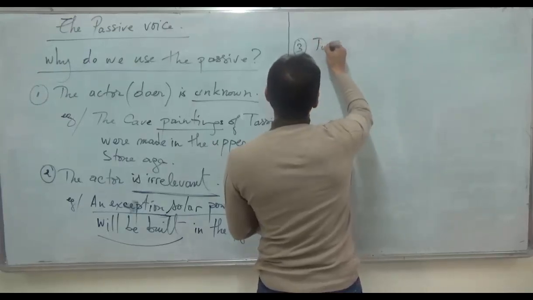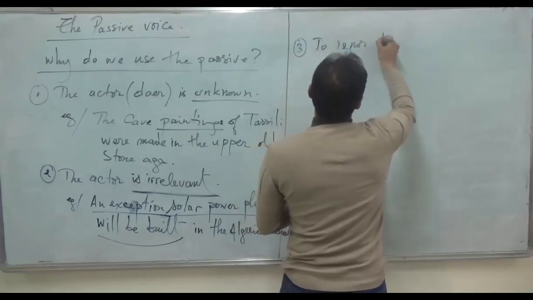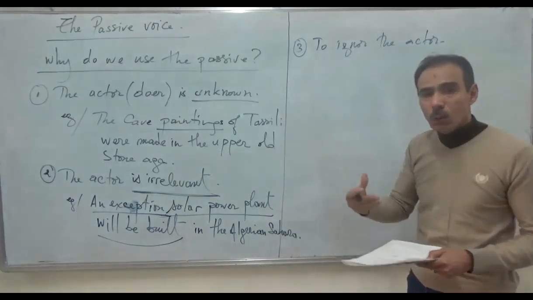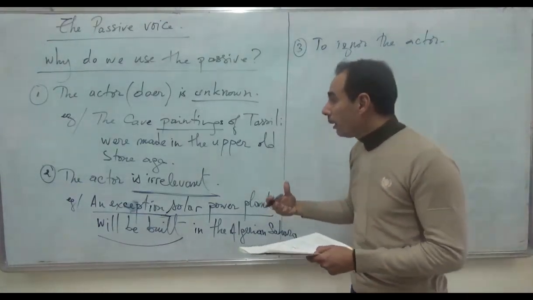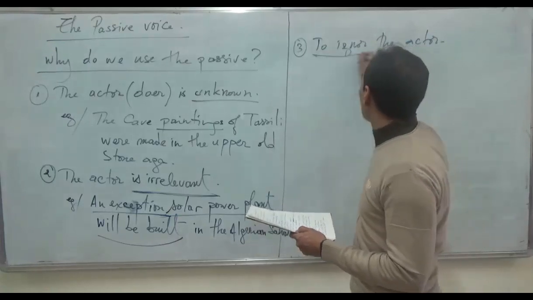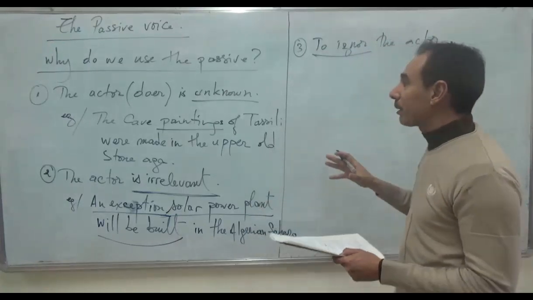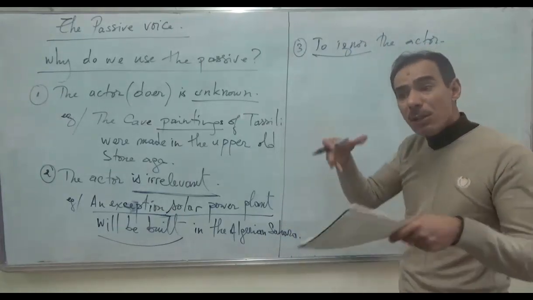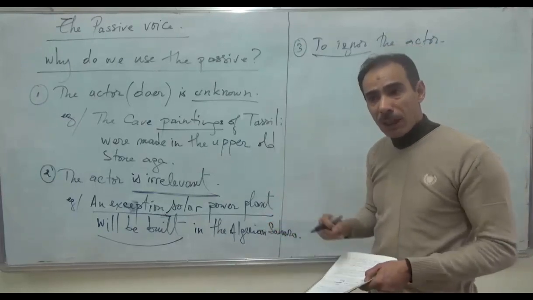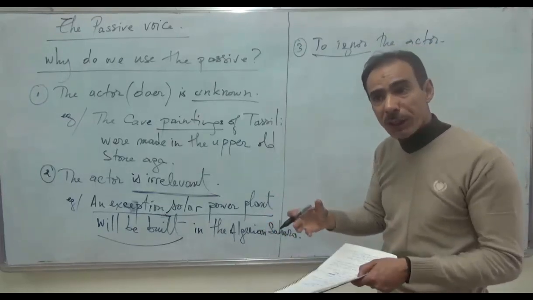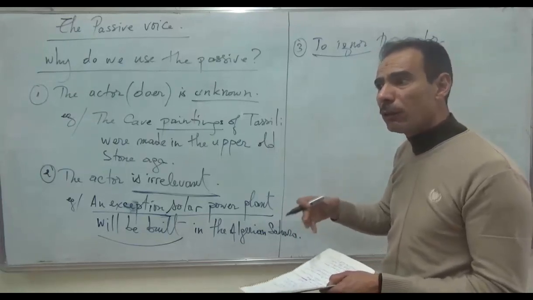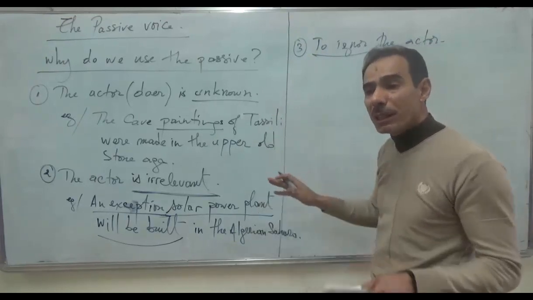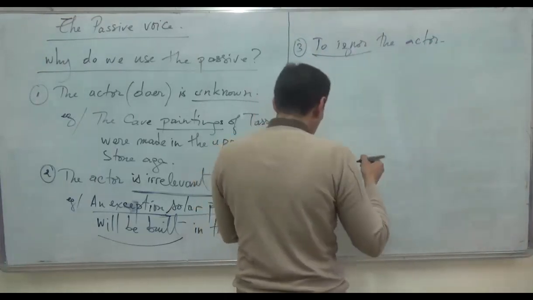So, to ignore the actor. It means that the speaker or the writer wants to speak about something, wants to ignore, wants to neglect the actor on purpose. It means that sometimes we know who did the action, we have this information, we know who did this, but I don't want to give it a lot of importance, so I keep it to the end, or I don't mention it at all. For example,